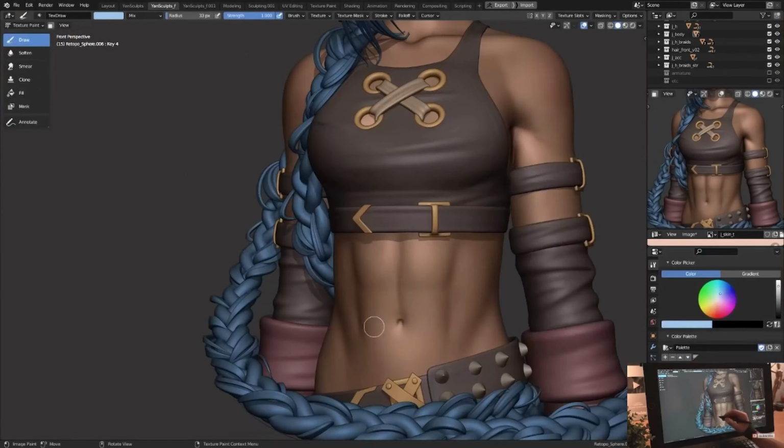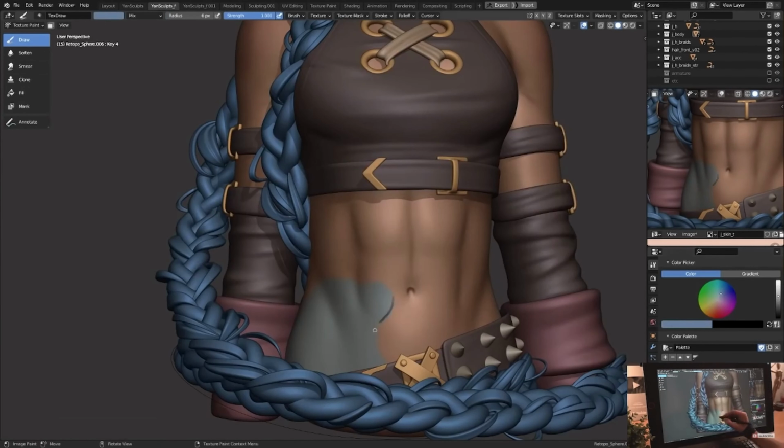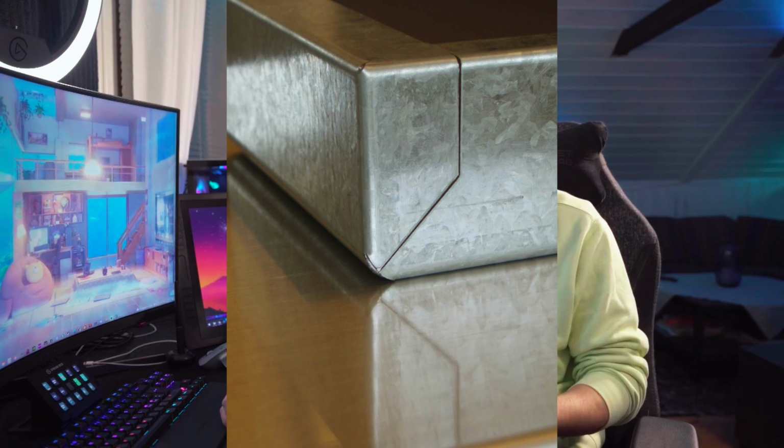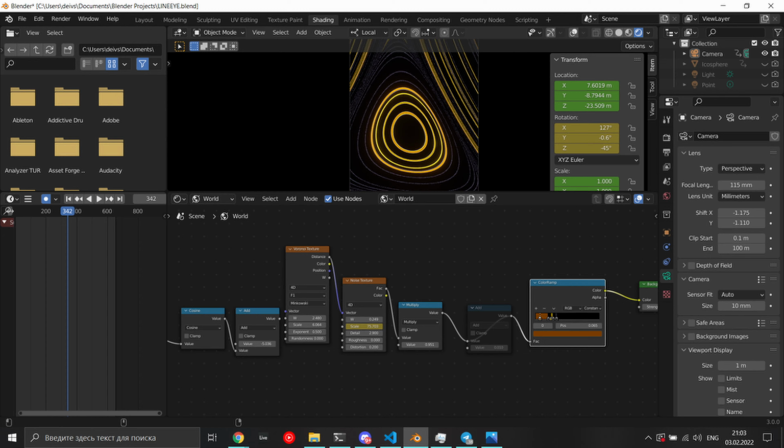Blender has a really good system for giving your models the look you want it to have. If it's glass, it needs to look like glass. If it's metal, it needs to look like metal. If it's wall paint or rust, it needs to look like it. And you can apply all of these inside of Blender without ever having to leave the software.